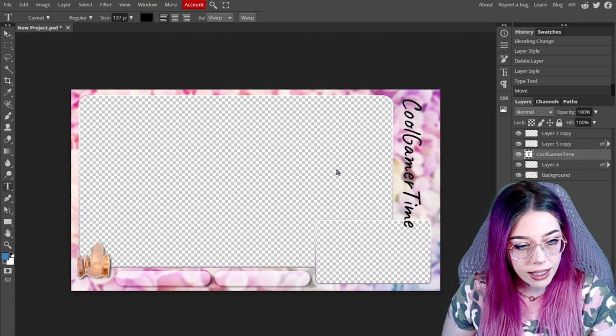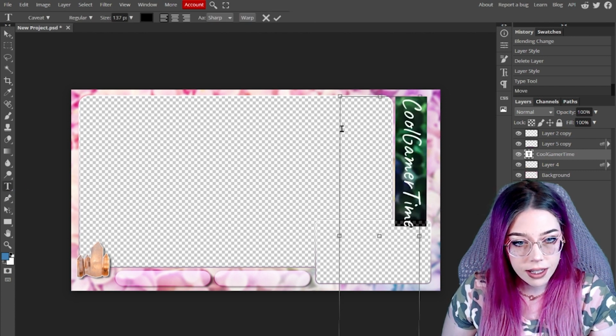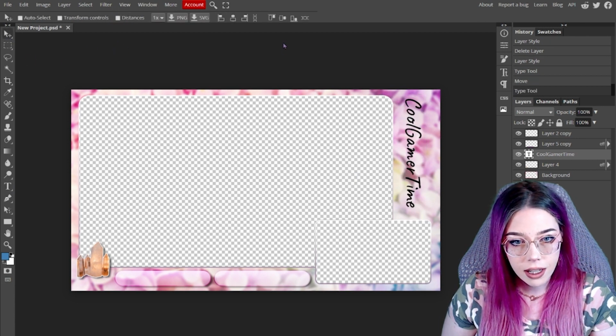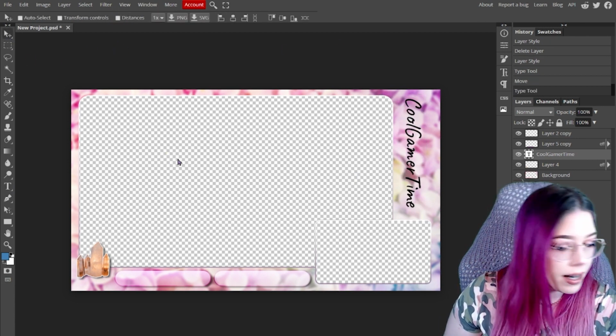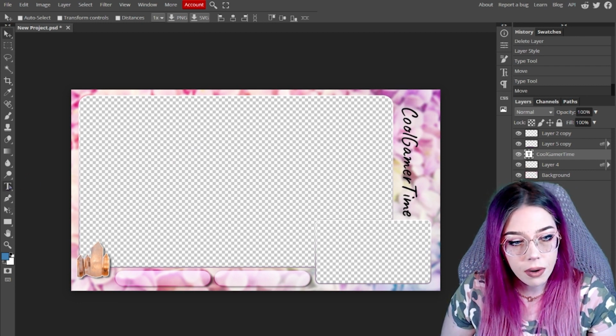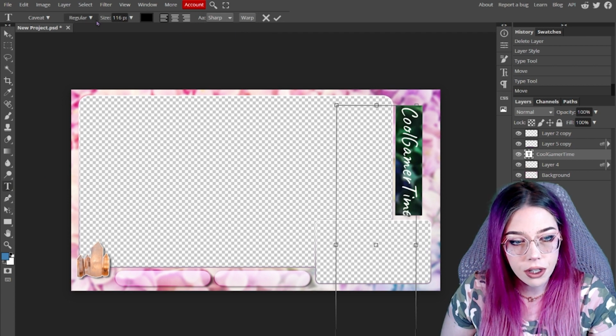So we're going to come back into the text tool, click into this, select all of the font and drop the size down just a little bit. So I'm taking it down to about 116. Click check mark. Yes, we're satisfied, and then we drag this around until we like the positioning. I actually think I want to make this a little bit smaller because I want to show y'all something kind